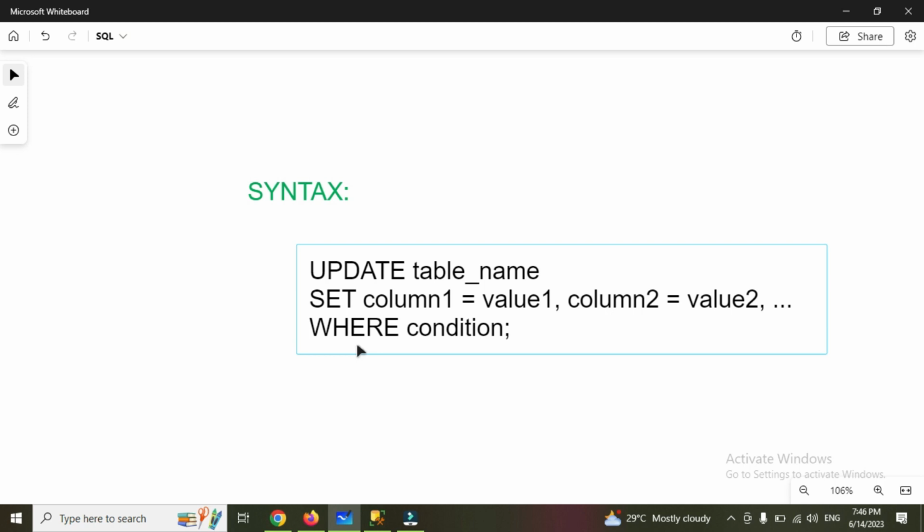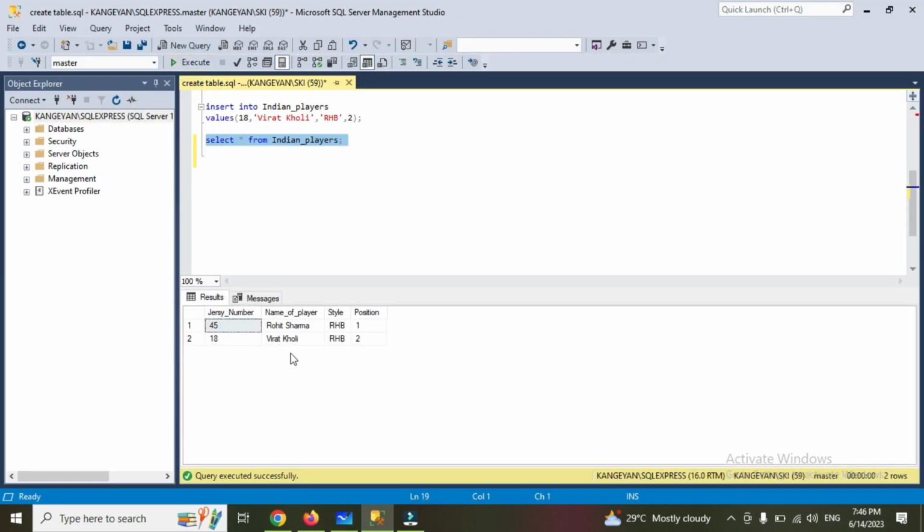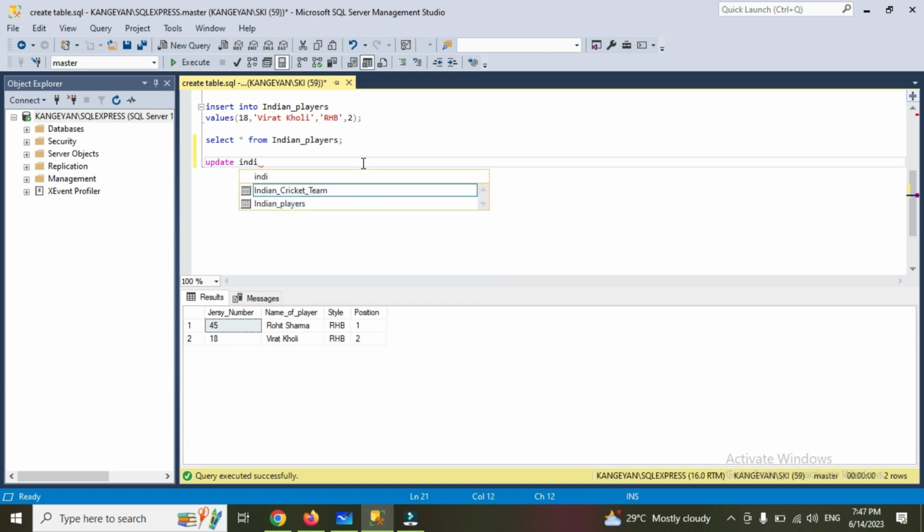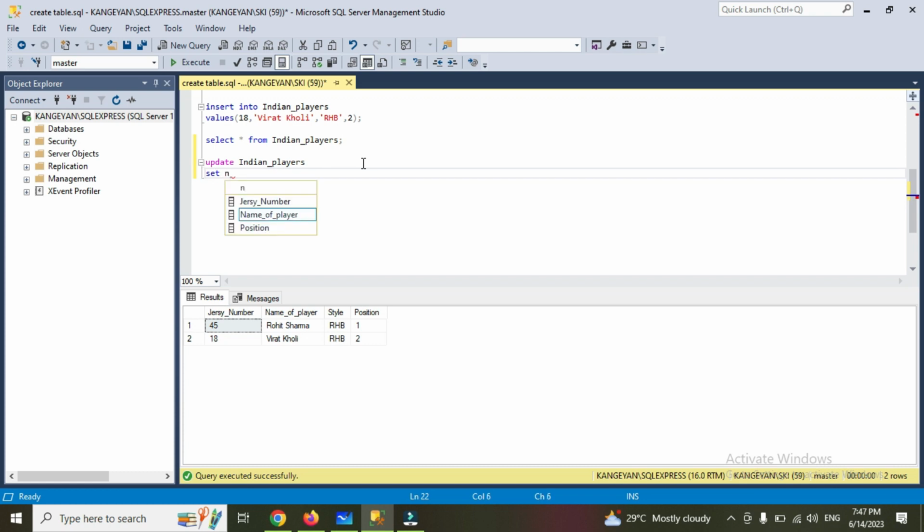Let's go for the practical session. As per this, yesterday we have inserted two players' names, which are Rohit Sharma and Virat Kohli. So now what I'm feeling is, instead of Virat Kohli, I'm going to give it as King Kohli. So how I'm going to do that is: update, table name, Indian players, hit enter, set. Set is the condition where you are going to change the name of the player. Now name of the player is equal to